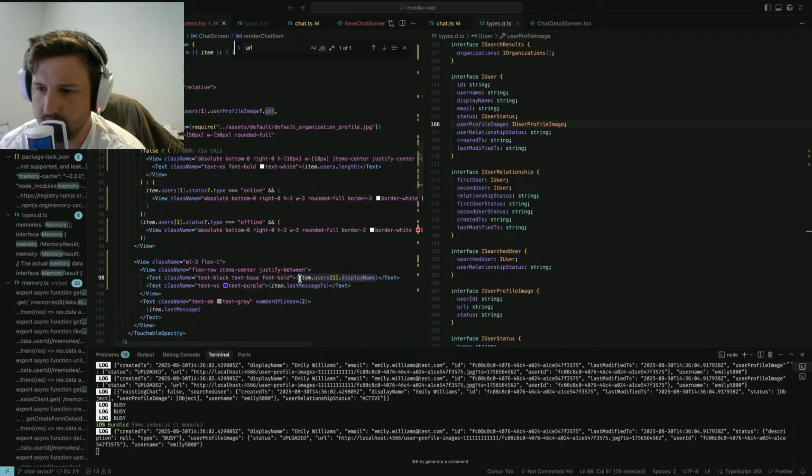But for now, I'm just trying to get it so like the private chats work. And the second one in the, so we're returning like the chat object. The first user in the chat is going to be the one that created the chat. And the second one would be like,